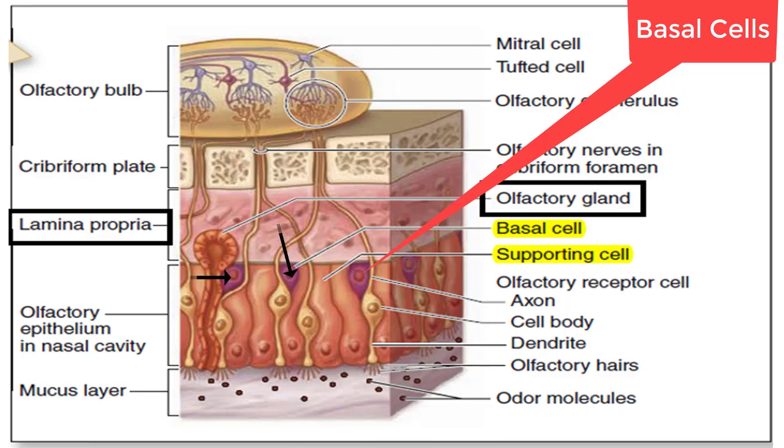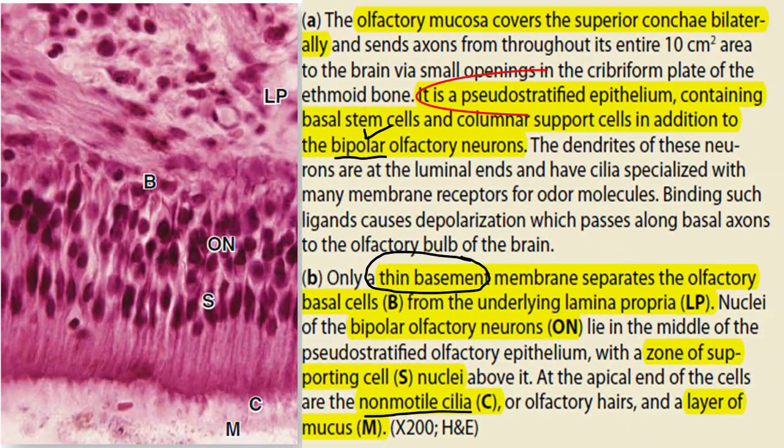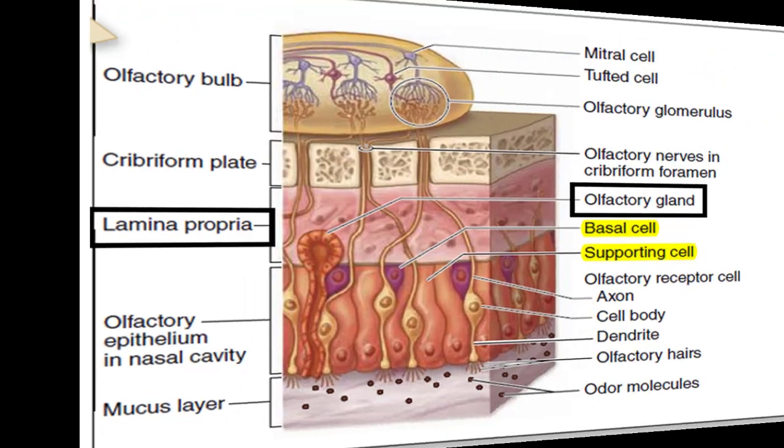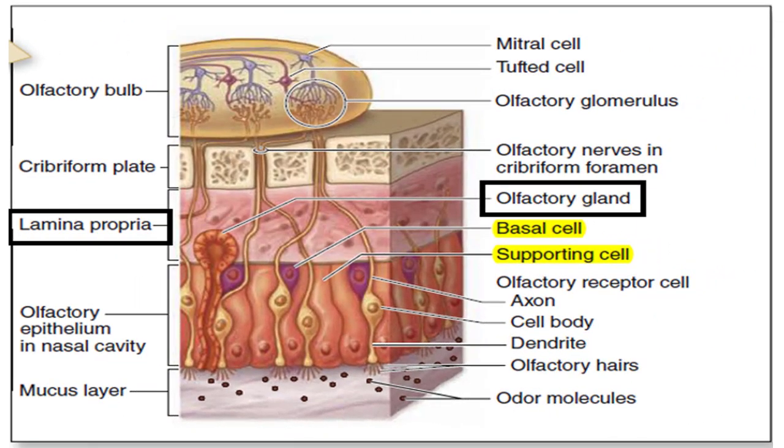So here we have seen that this pseudostratified columnar epithelium, which is thick, is the olfactory epithelium. It has three major cell types, and these cell types are olfactory cells, basal cells, and sustentacular cells or supporting cells. Now I will describe each cell one by one so that the function of these cells becomes easy for you. The first cell of the olfactory epithelium, which shares its name with the epithelium, is the olfactory cell. So the major cell type is the olfactory cell.